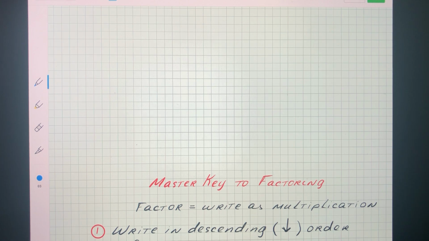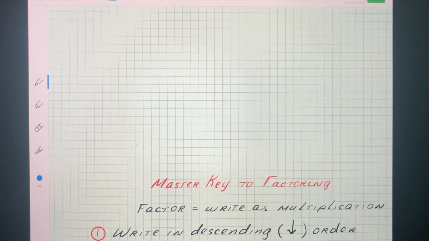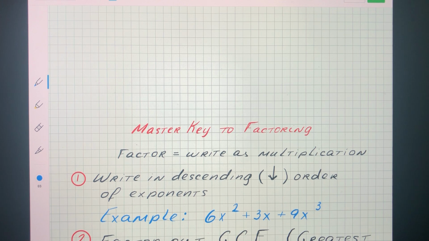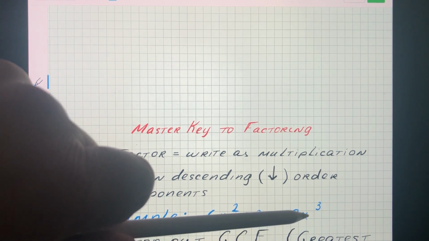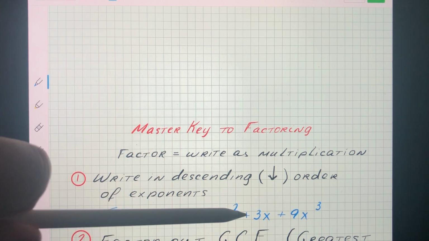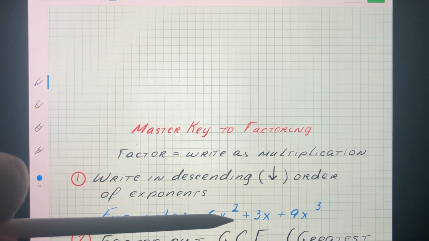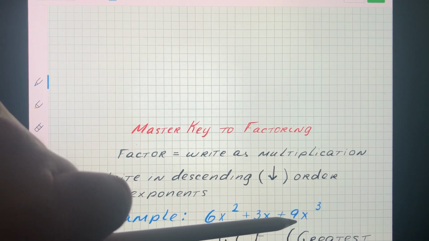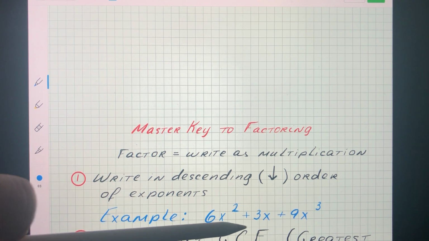And then we have a few things that we consider when we look at the expression. The first thing is we ask ourselves, is the question written in descending order of exponents? Descending means going from top to bottom. So this example is not written in descending order. The highest power is 3, then the square, then the x. So before we do anything, we should rearrange this so that the 9x cubed is first, then 6x squared, then